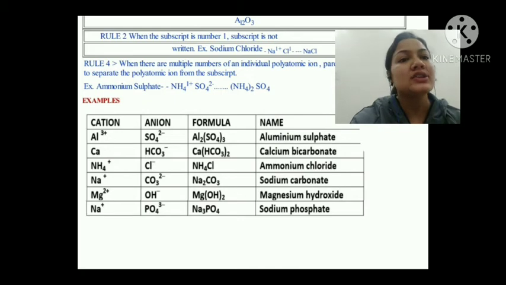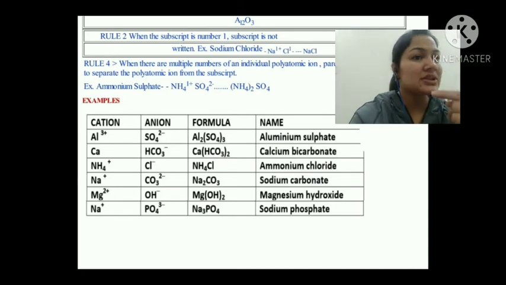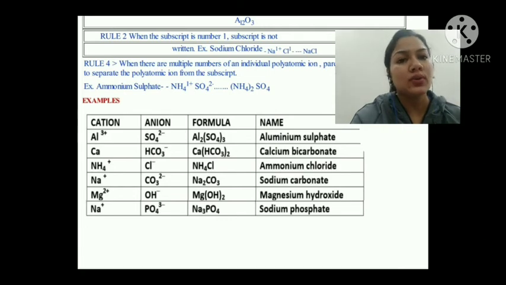In the same way, NH4Cl, when it is going to mean NH4 plus Cl negative, that means there is no valency, both are 1. So when we are going to cross multiply it, it will form NH4Cl. In the same way, Na2CO3, okay, Na is having a valency +1, that means downward we will write +1, and CO3 we will write the valency -2, and when we are cross multiplying it, it will form Na2CO3. Same with Mg(OH). When you cross multiply, it will form Mg(OH) whole twice because Mg is having +2 valency. Okay, so it is going to multiply with both O and H. So that's why the bracket is there.